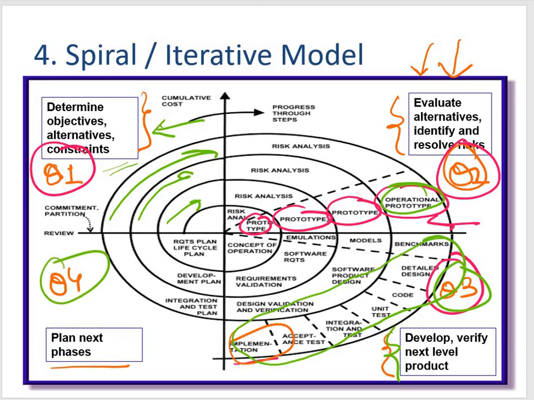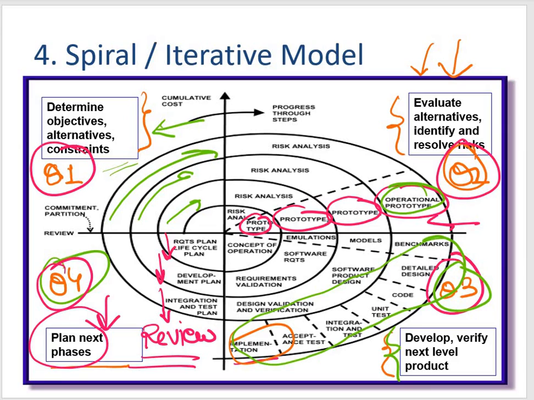Then your last one is your Q4. In this quadrant, what we do is we plan for the next phases. That means we review and we plan for the next phase. So what are the activities in this particular quadrant? Customers will be evaluating the so far developed version of the software, and in the end planning for the next phases started. So you can see integration and test plans, development and maintenance, requirements, life cycle plan. So everything is planned. All the planning is done in this one. So this particular quadrant is dedicated for planning.